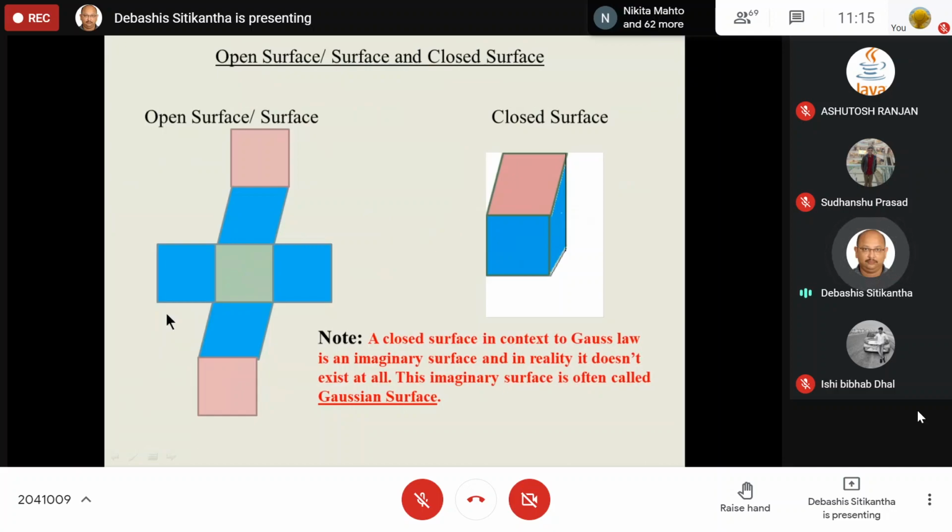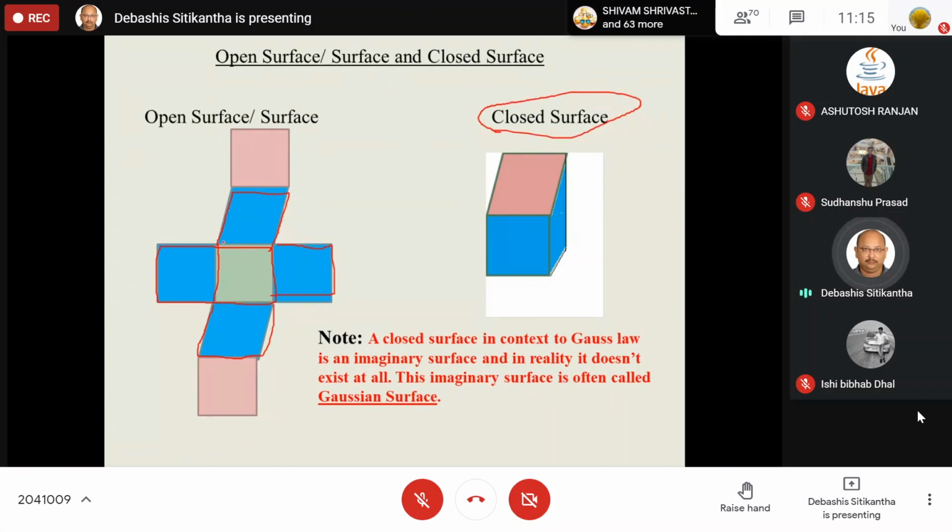Next, let us clarify what is this open surface and this closed surface. The concept is very simple. Just imagine that I have a piece of paper which can be folded in this manner. You have a piece like this, on the left hand side you have another piece connected to it, on the right hand side you have another piece, and on the top you have this piece. If you fold them neatly in a particular fashion, you are going to get a closed surface. Now this closed surface is nothing but a volume.